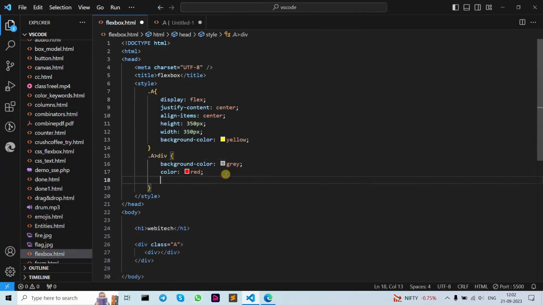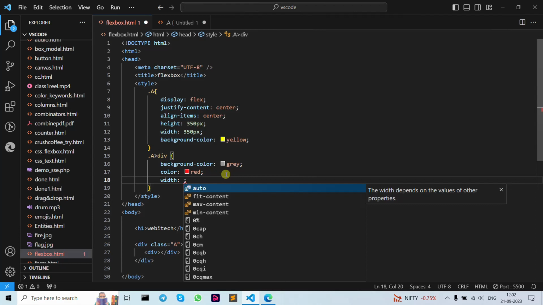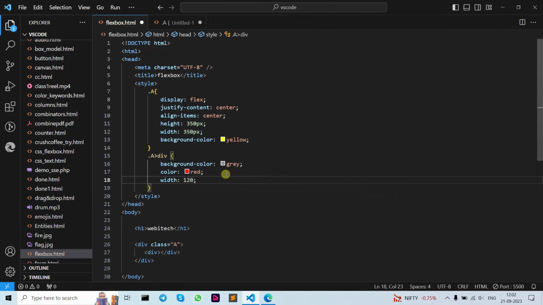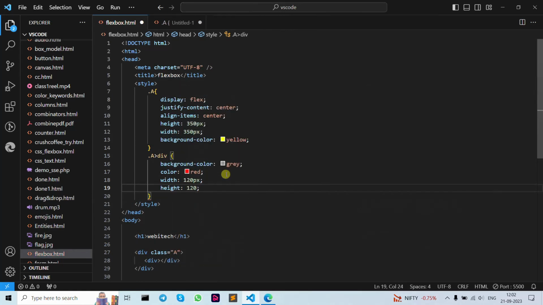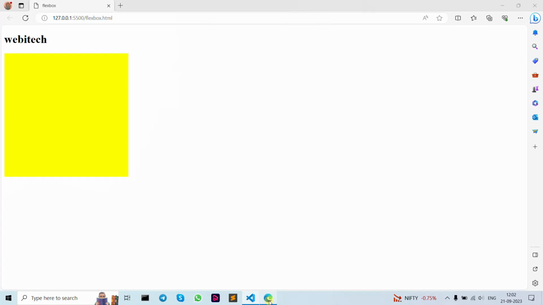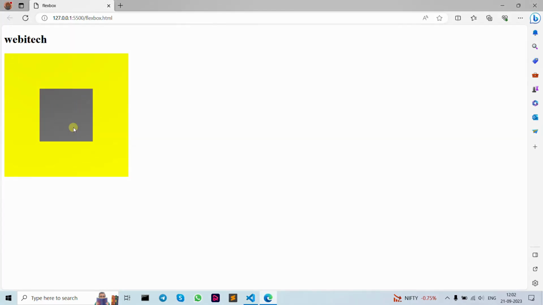Now let's add our width here, guys. Width has 120 pixels, and let's give them the height as 120 pixels. So as you can see, this is our background color gray works here. This is our height and width. If I use here 150 height and pixel, so as you can see,